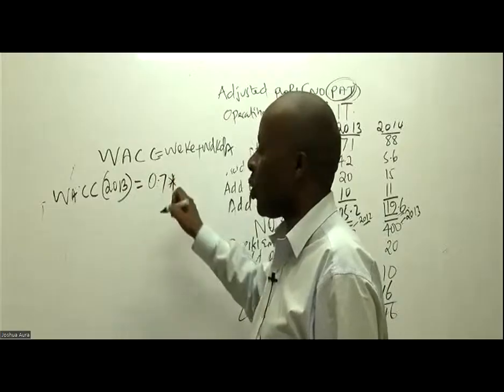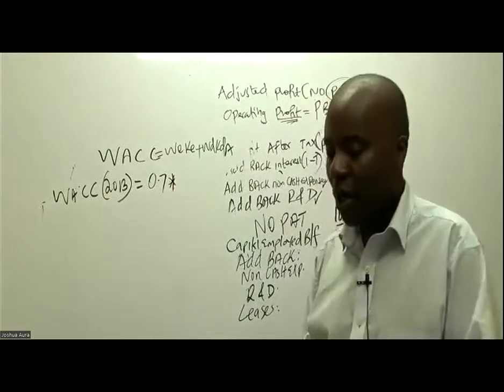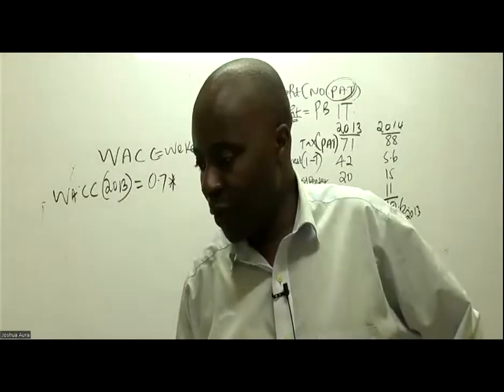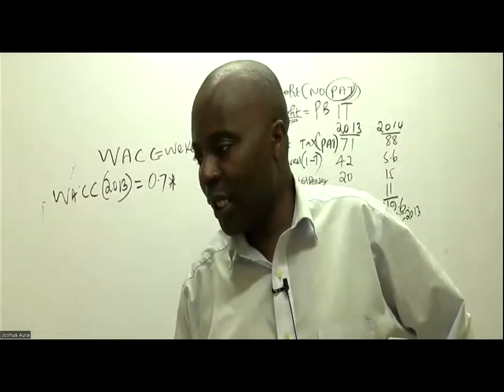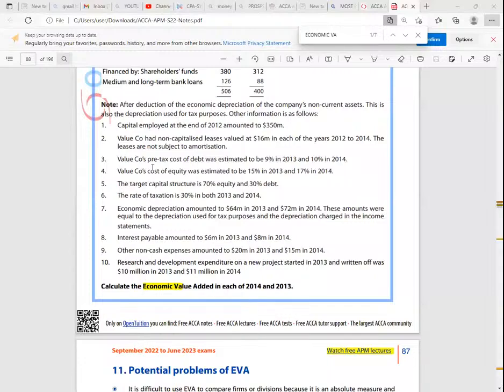So have they given me the cost of equity? Yes. Cost of equity has been given somewhere here. Note 3: the company's pre-tax cost of debt was estimated at 9% in 2013 and 10% in 2014. No worries, that is KD. And then note 4: the company's cost of equity in 2013 was 15%. So 15% in 2013 plus weight of debt, you've just told me it is 0.3 times cost of debt in